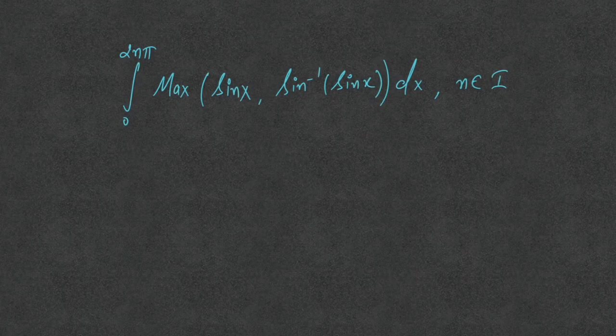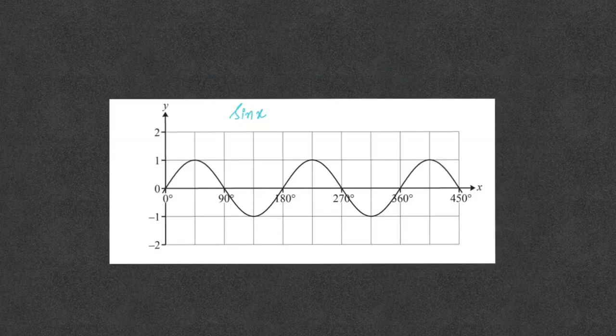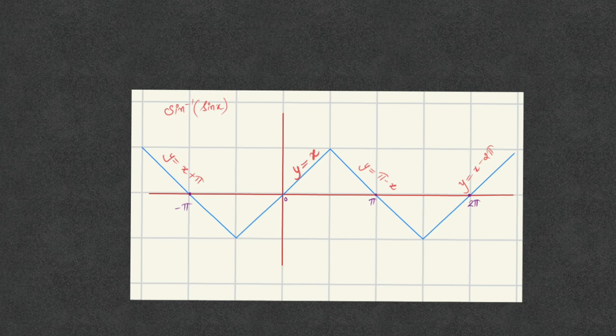Evaluate the integral from 0 to 2nπ of the maximum of sin x and sin inverse of sin x dx, where n belongs to the integers. Since we know that the graph of sin x is like a wave with a time period of 2π, after every 2π interval the graph repeats itself, and the sin inverse of sin x graph is like this,